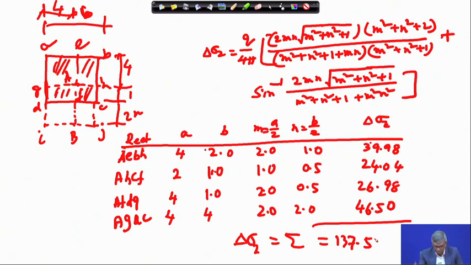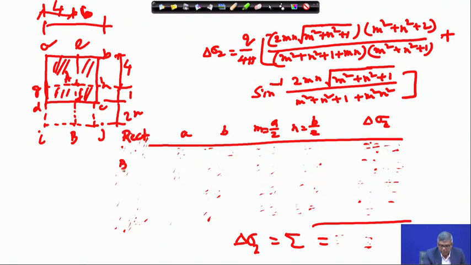So, 137.5, and that is at point A. Now, if I want to find out at point B, first will be BEBJ. You can see BEBJ. So, I will take this portion, and for this A becomes 7 and B becomes 2, and N becomes 3.5 and N becomes 1, and if I put this in the equation, then I will get